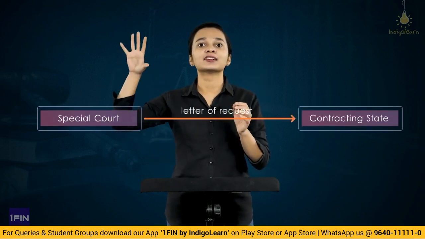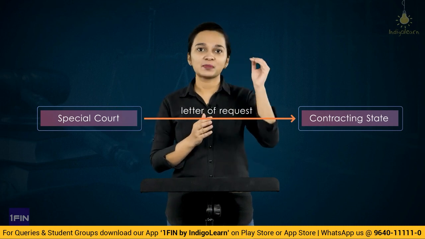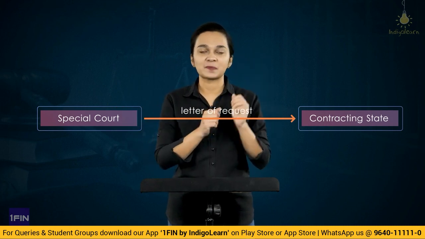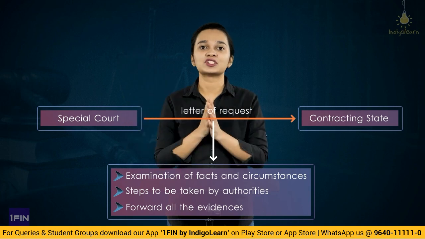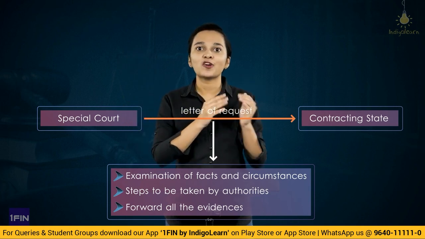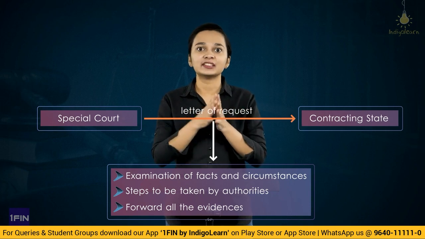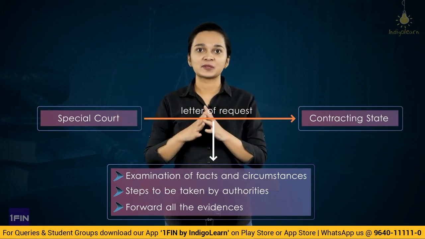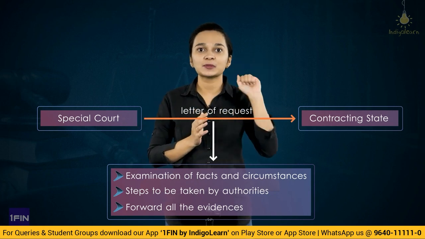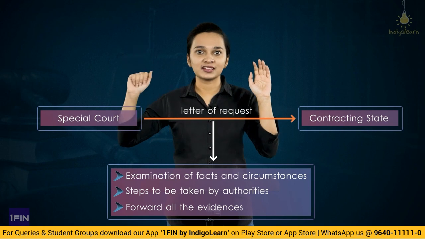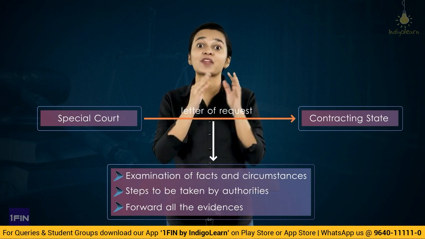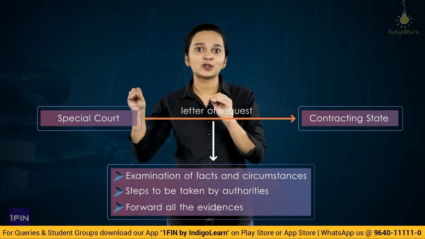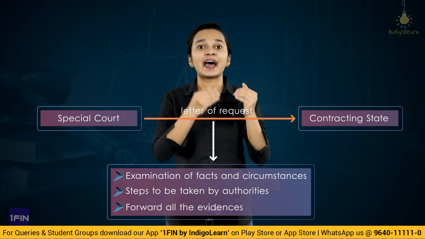Now when the special courts are making a request to the contracting state or the competent authority in the contracting state, they may specify certain things in the letter of request. Firstly, they would ask the competent authority to examine the situation and the facts of the case which is subject to investigation. Then they may also state certain reasonable steps to be taken by these authorities in the letter of request. So when the letter of request is being sent by the special court to the competent authority in the other country, they will ask the competent authority to examine the facts and circumstances of the case and also take reasonable steps as the special court specifies in the letter of request,